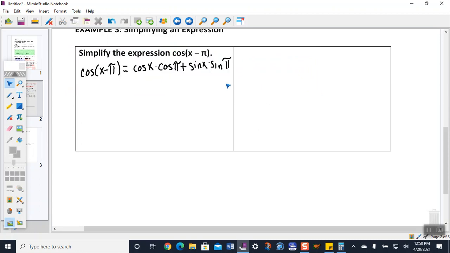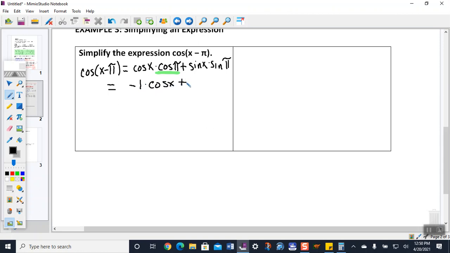Okay, you with me on that so far, kids? All right, so this is going to equal the following then. Do we know what the cosine of x is? No, no clue. But could you look up the cosine of pi on your chart? Yes. What is the cosine of pi? -1. So this is like -1 right here times what still? Cosine x. Okay, so this will be -1 times the cosine of x